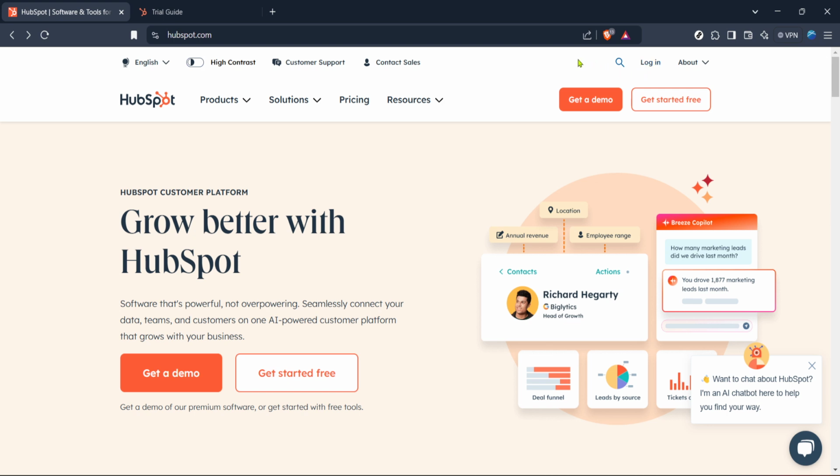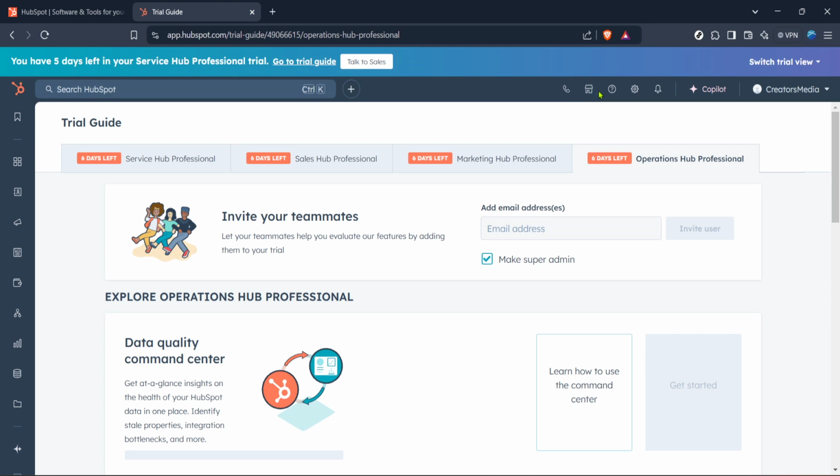Once logged in, you'll be taken to your HubSpot home. Here you might spend some time exploring the various features available. However, for our integration purpose, let's move on. Now locate the marketplace icon on the navigation bar, which should look like a small storefront or a grid. Click on this icon to proceed to the HubSpot marketplace, where you can find all the apps that can be